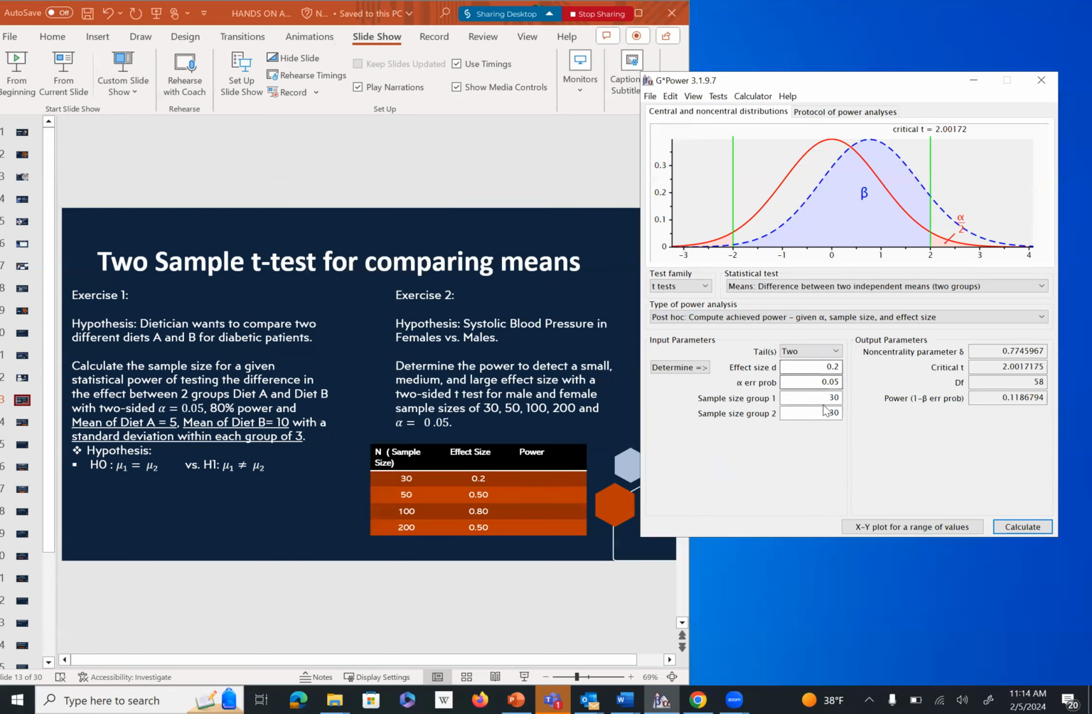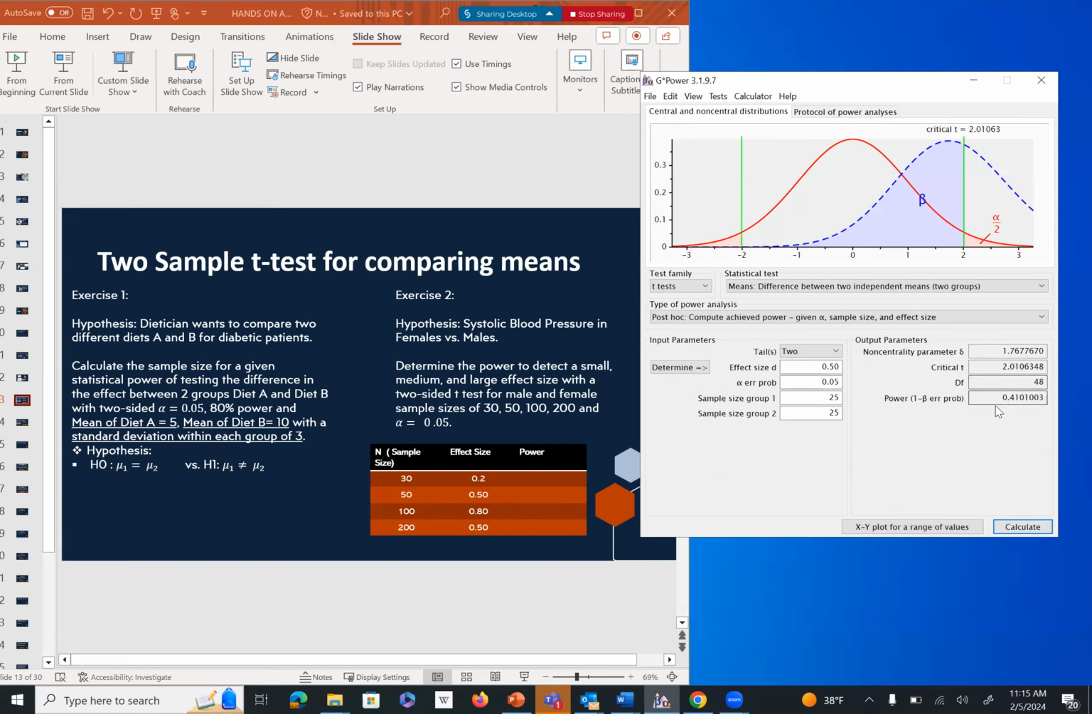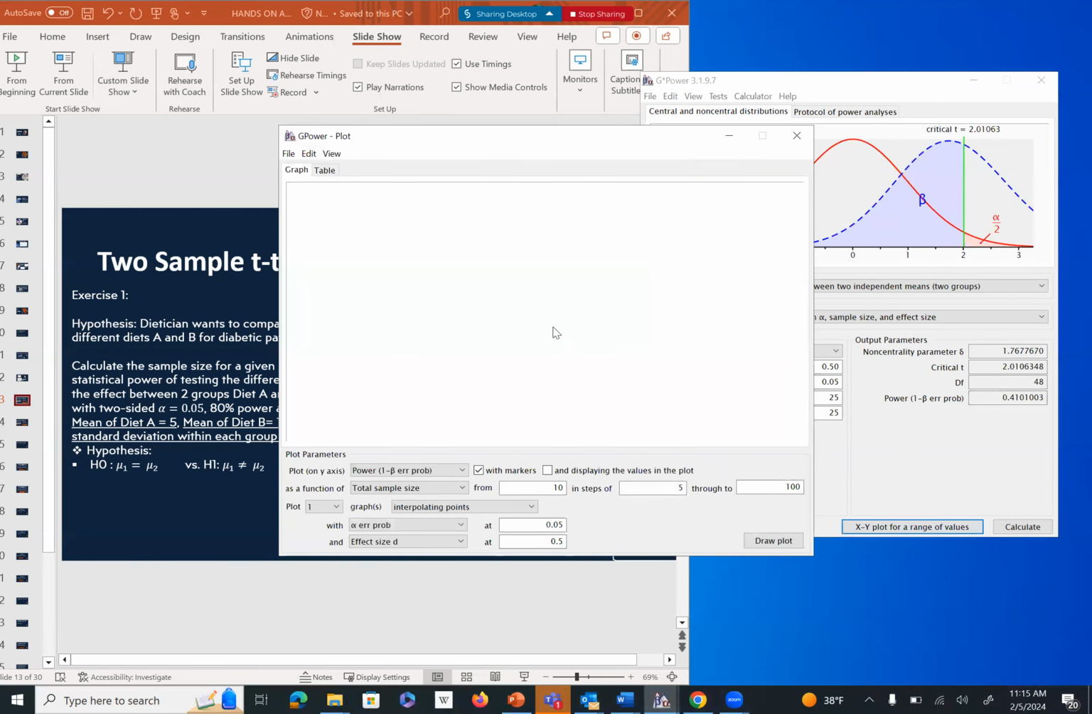And then let's say, for example, I have a total sample size of 50, with 25 in each group. I'm looking to detect a moderate or medium difference between those two groups with an alpha of 0.05, two-tailed test. My power will be 41. So it's a small power. Power is changing. So if I look at the plot here,